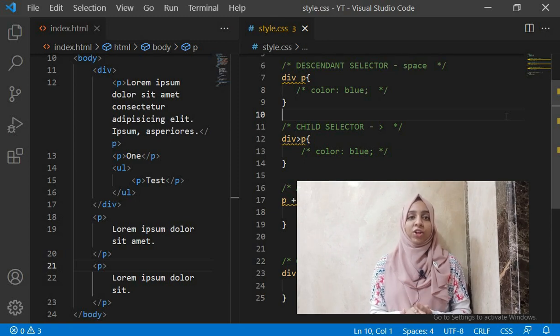So your combinators in CSS are this easy. You just need to sit down once, try all of them and see which combinator does what, and you will understand it really easily. Nothing difficult here. You just need to sit down and do it yourself once and it will be all clear in your head.